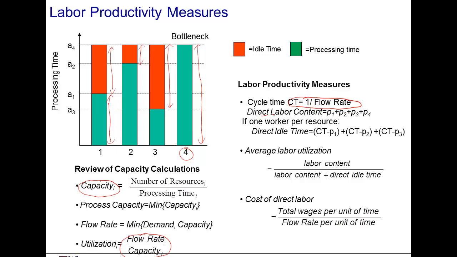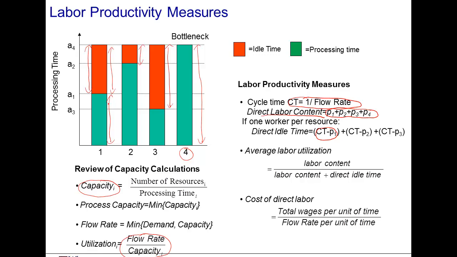Next, we define the direct labor content as a sum of the processing times. This is simply in the previous picture the sum of the green bars. Next, we define for each resource the idle time as the difference between the cycle time and the processing time. So the idle time for the first resource is exactly this difference here. We can add that idle time up across all resources to get the total red in this picture, the total